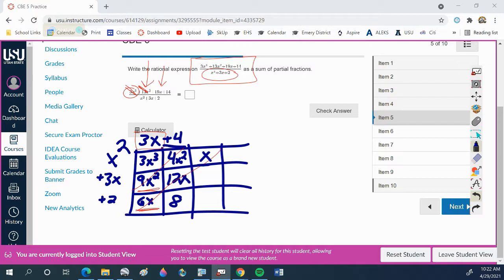Why? I've run out of x's. I don't have enough x's. So anything else that occurs beyond this line, Carly, is a remainder. So x is a remainder, and then I need to create a 14. So what goes there? 6. So the answer is 3x plus 4 plus x plus 6 over